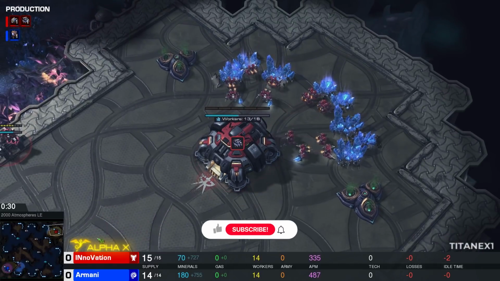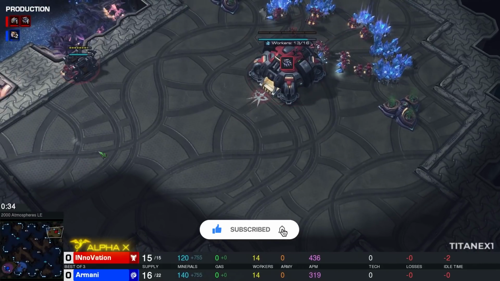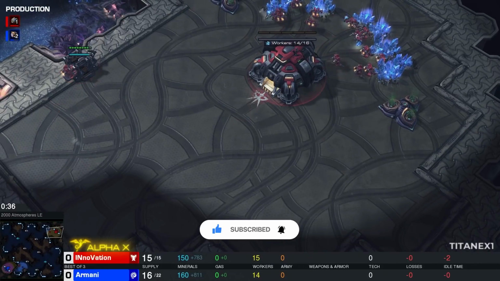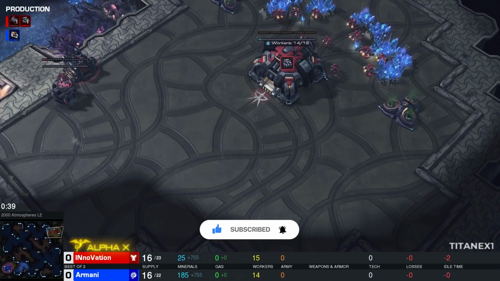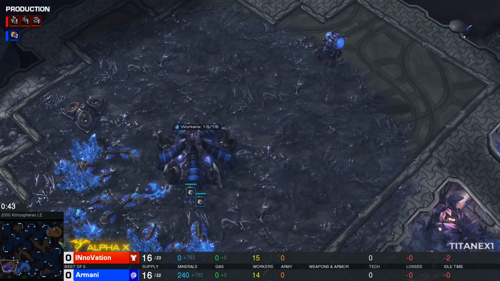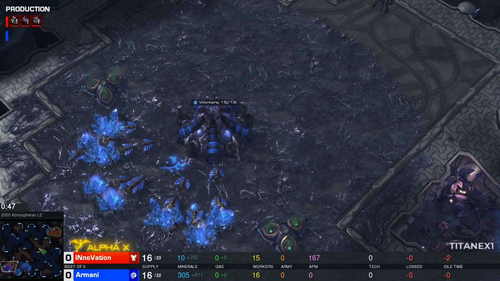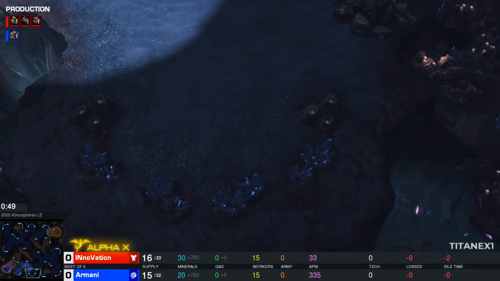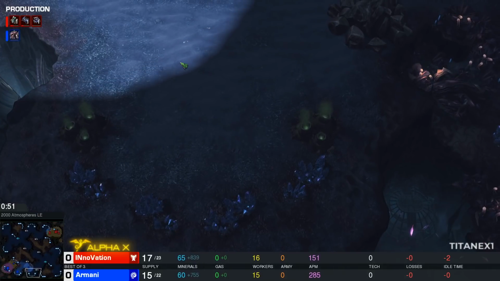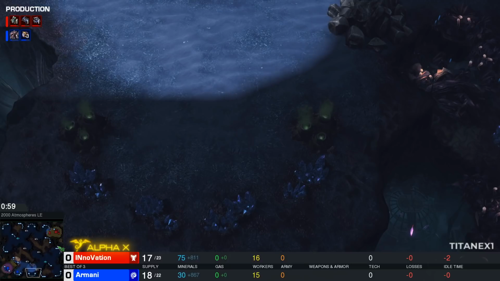Alright, 2,000 Atmospheres. Part of the new map pool. Actually, a map that I really enjoy. I really like 2,000 Atmospheres. I think it has a lot of different ways that the races can interact, especially with how you take your bases, especially past the third base usually. And I think that causes a lot of the games on this map to be very